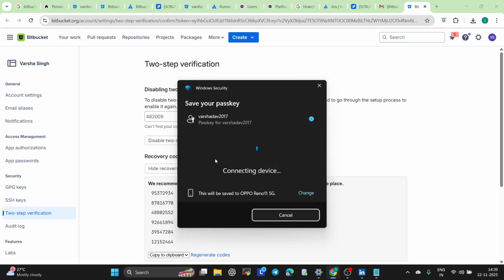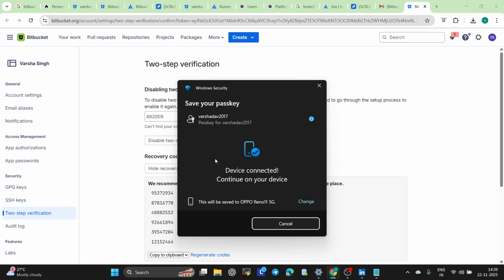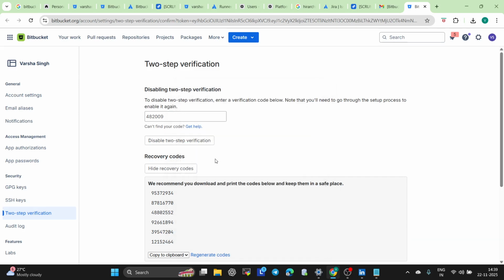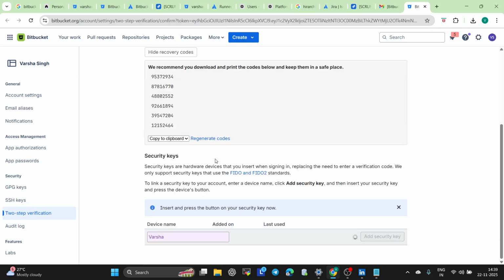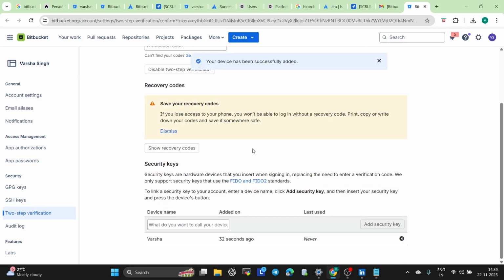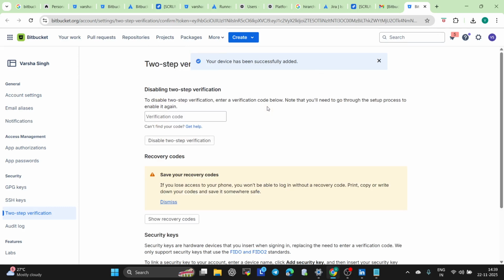Okay, so this is only a one-time task. You don't need to do it every time. So yes, it's showing now. It will show on my mobile. I just did it, yes, and it is adding, and yes, your device has been successfully added. Got it? Now we can go to the